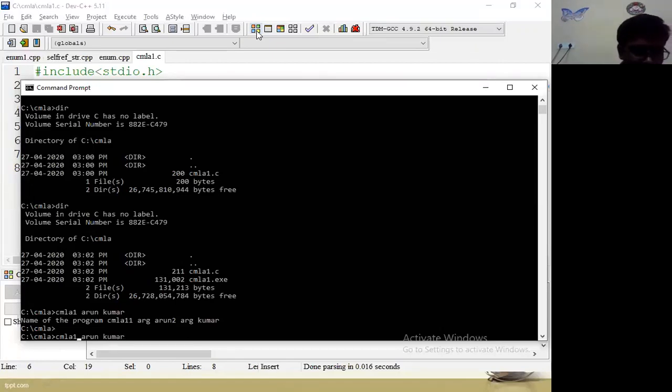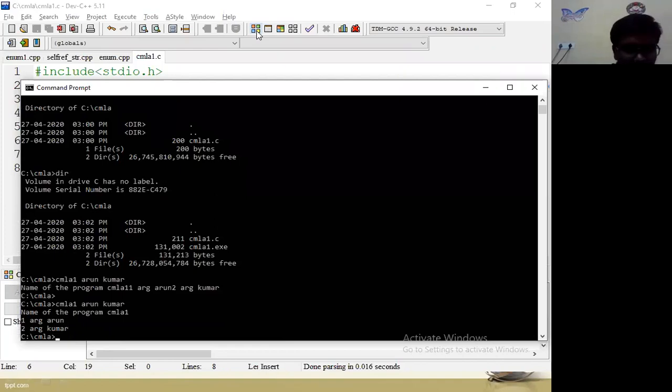Don't use .c or .exe, and give one space. Give the first argument as a string, and the second argument as a string. Name of the program CMLA1, next argument 1 and argument 2 Kumar. Just compare this output with the program.